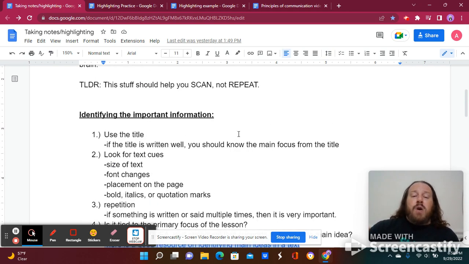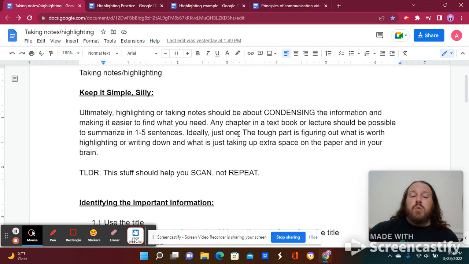But that is our basic run through of what's important with taking notes and highlighting as a general concept. The second part of this will be focusing on how we can approach highlighting